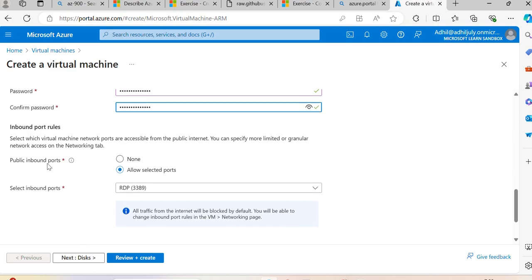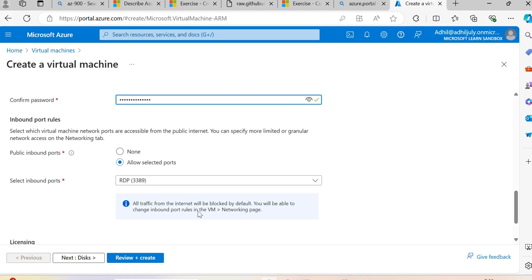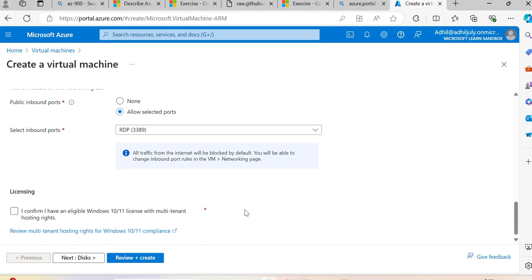Then inbound port rules: public inbound ports, just leave allow selected ports only. Then select inbound ports is 3389 only, the RDP port, open for public access. This one we can select because this is just our learn sandbox account, so it should be okay. Next, if you use review and create here, then